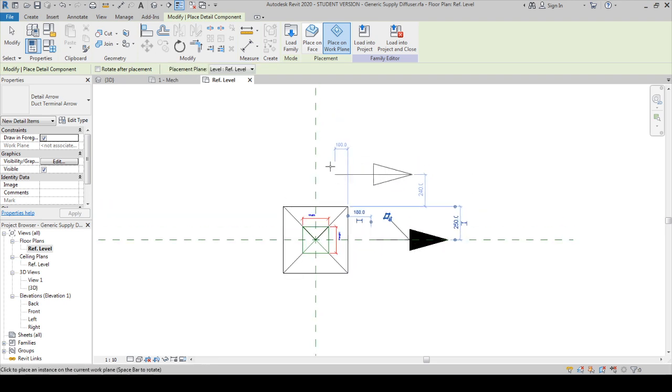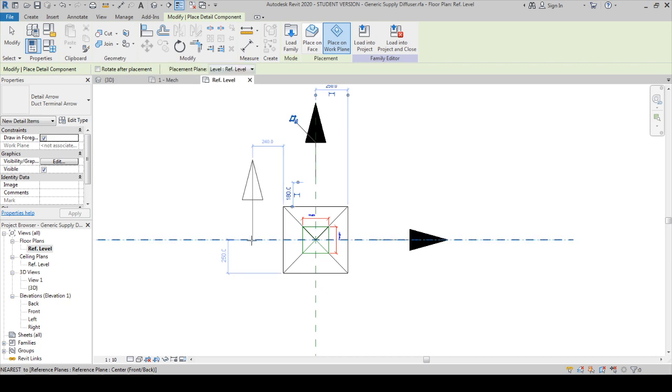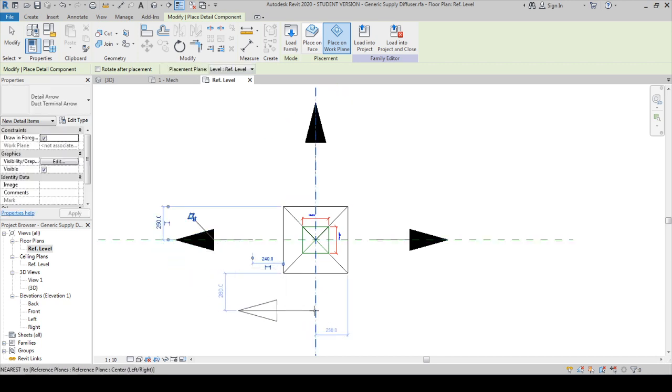I have to rotate the family. So always in Revit it is very much easy. If you wanted to rotate here, you can select this element and press the space button, so it will rotate. If you wanted to align with this line, you can press the space, it will automatically align with that line. So it is a very quick tip. So I can place it here, here, here,